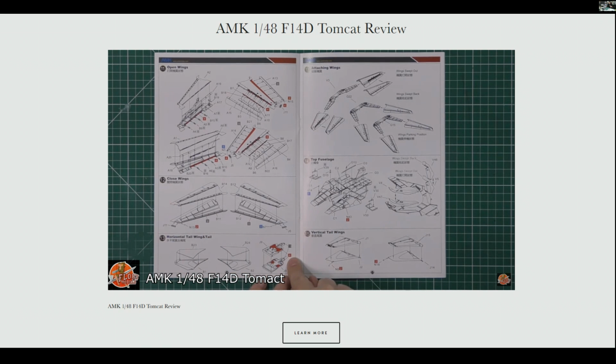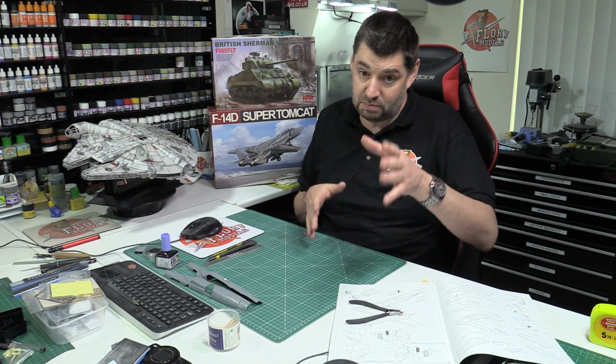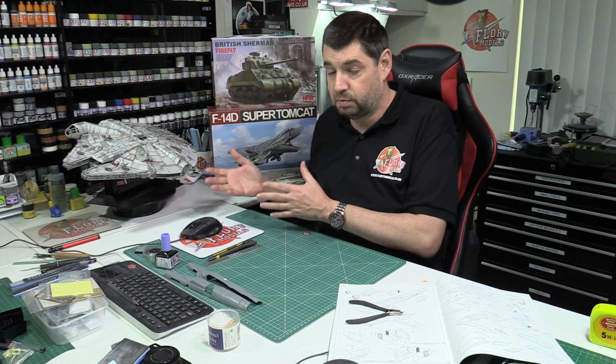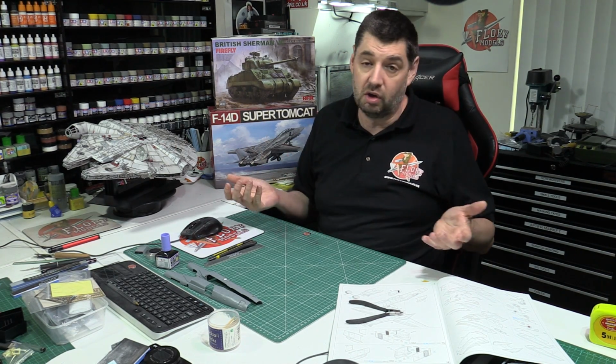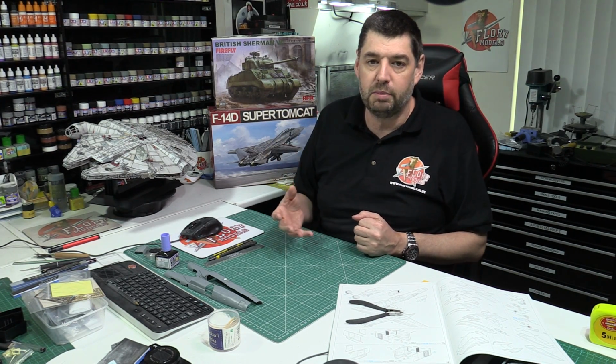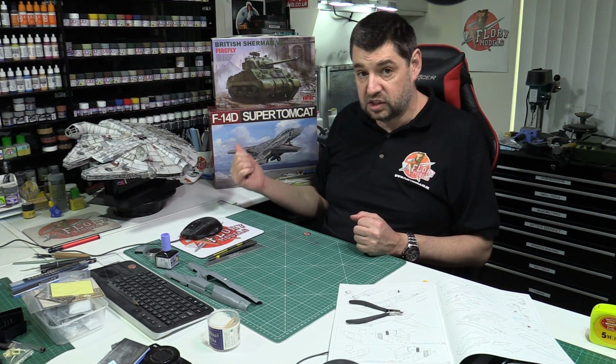You cannot position them. They are fixed in whichever position you want, which, yes, okay, I must admit, I snapped one of mine off, so they're probably better to be that way, but it'd be nice to give the modeler the option later on down the line. So if he wants to change his mind and change the configuration from a display point of view or something else, he's just got to move it or put on the other wings and away he goes. So again, great kit, unfortunately very let down by some of these options,